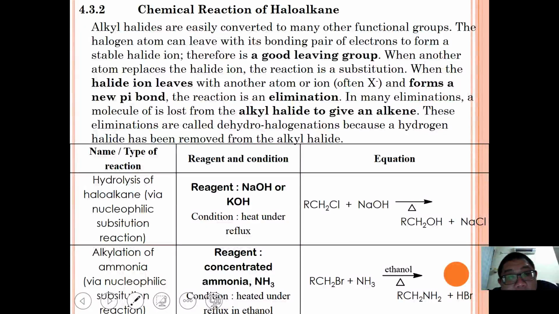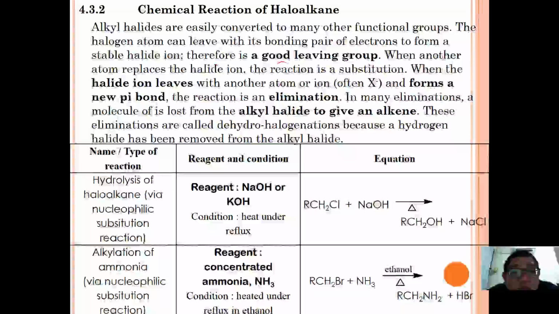As for the chemical reaction of haloalkane, alkyl halides are easily converted to many other functional groups. The halogen atom can leave with the bonding pair of electrons easily because a halogen is a good leaving group. So when another atom replaces the halide ion, the reaction is a substitution reaction. When the halide ion leaves and a new pi bond forms, it is called an